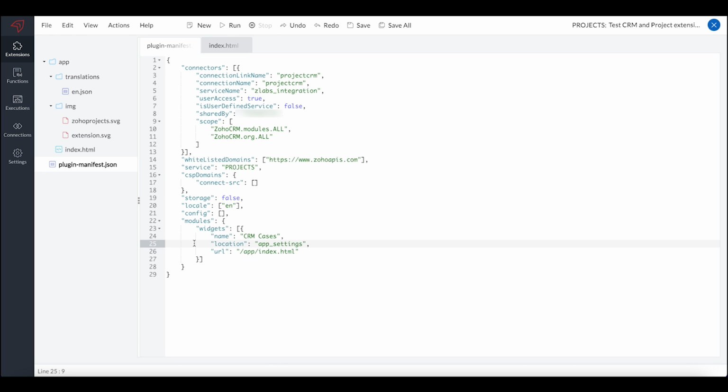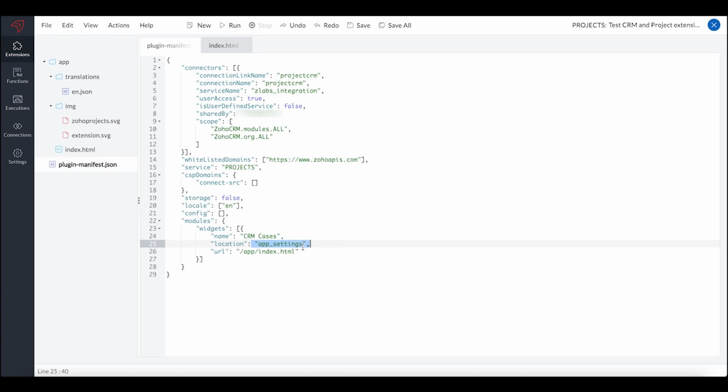And then as per our use case, we want a module like a widget to be created that displays all the Zoho CRM open cases inside the app settings page of Zoho Projects portal itself. So I have created a widget with the name CRM cases in the location app settings. As I mentioned earlier, there are multiple locations where widgets are supported in Zoho Projects extensions.